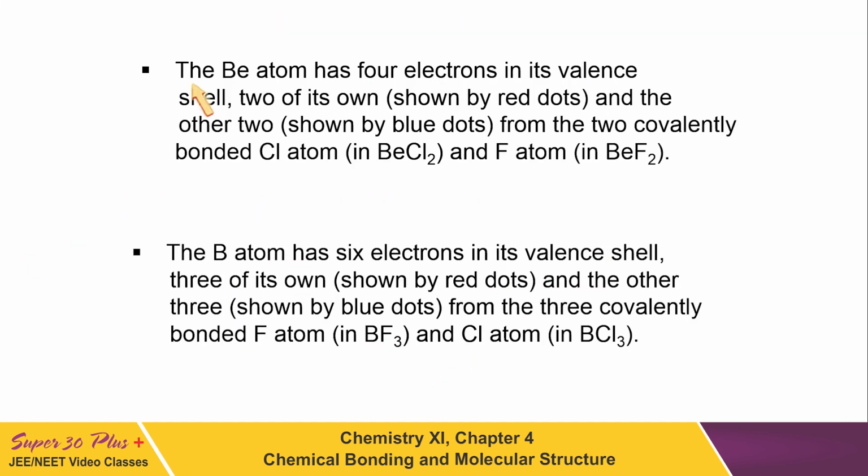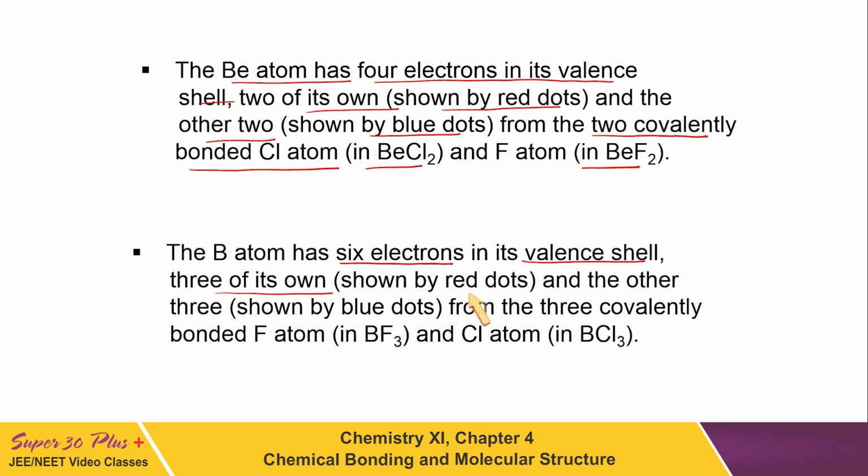Like I said, the beryllium atom has 4 electrons in its valence shell, 2 of its own shown by the red dot and the other 2 shown by the blue dot from the 2 covalently bonded chlorine atoms in BeCl2 and in BeF2. While the boron atom has 6 electrons in the valence shell, 3 of its own which belong to boron itself